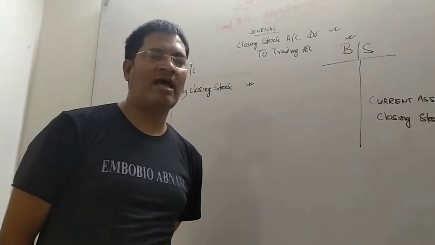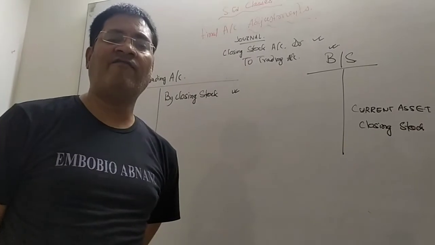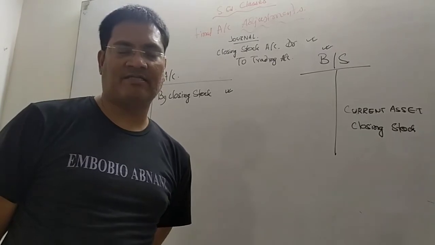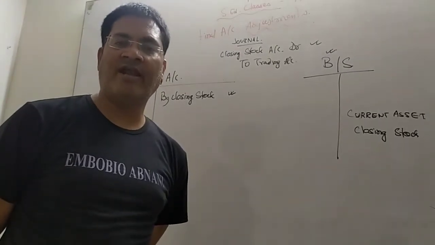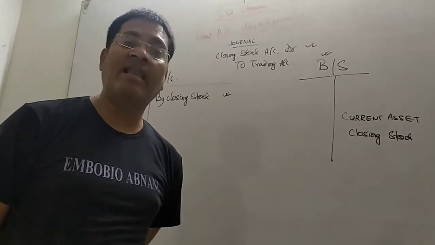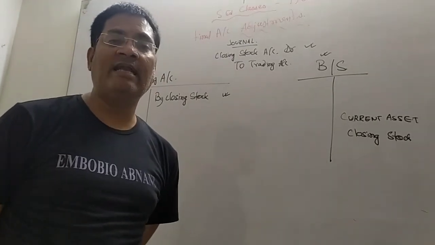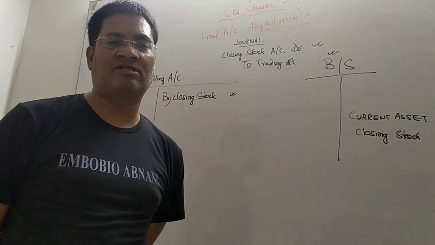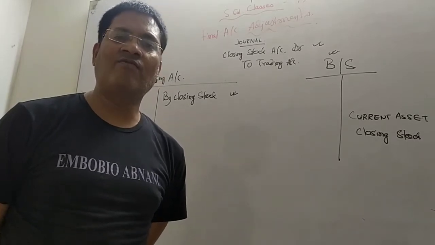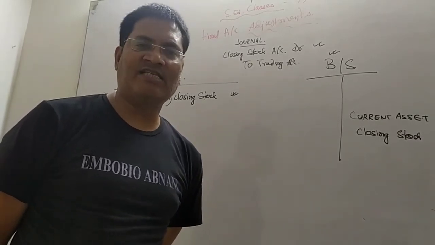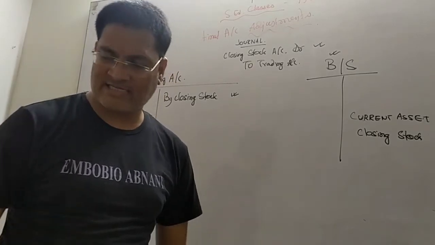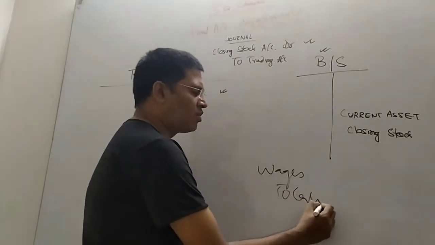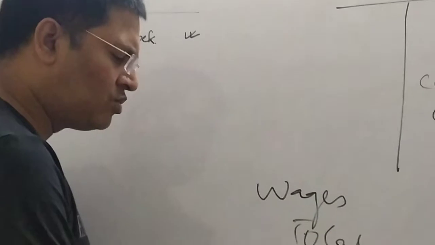Before I proceed with the adjustments, let's first understand, in final accounts we record the closing entries. Remember one thing, students: in the trading account we will be closing the nominal accounts related to trading; in the profit and loss account, all the indirect expenses of the nominal accounts; and in the balance sheet mostly the real accounts and personal accounts. Now I'll give you one example first. With paid wages, what is the journal entry? Wages account debit to cash. Wages to cash. But to close it, we write trading to wages.